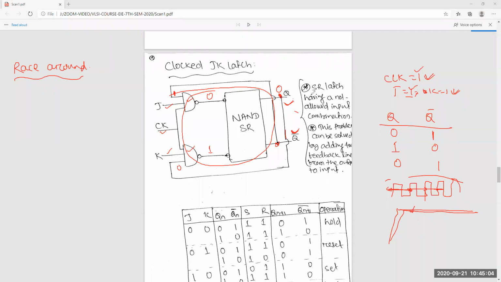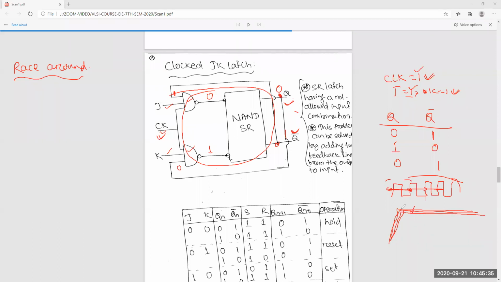Sir, if the clock on period is less than the propagation delay. Exactly. If the clock period is less than the propagation delay from here to here, then you can remove this, because I said if the clock stays on, then this will happen.